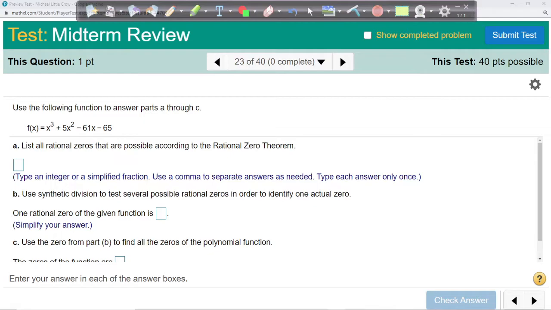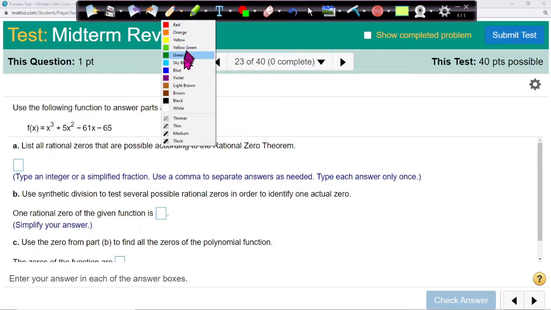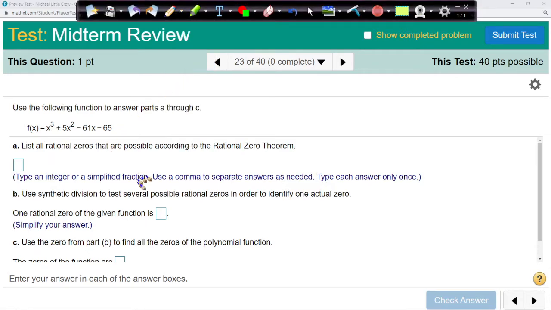Okay, here we are at 23. So first we're asked to list all rational zeros. So let's go through that one. And then it asks us to use synthetic division to test possible zeros, but we'll just go ahead and graph. So rational zeros, we take the leading coefficient, which in this case is 1, and the constant term, which is 65. The factors of 65 are 1 and 65, of course,